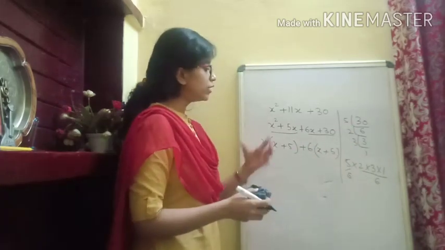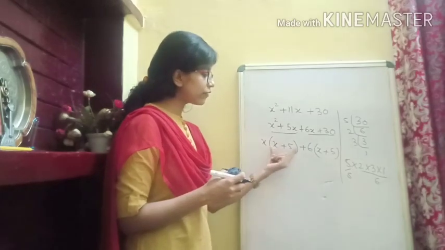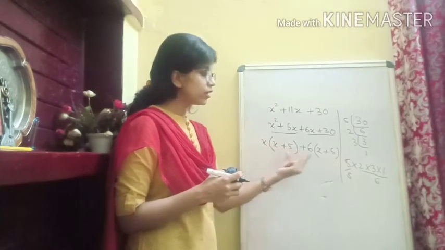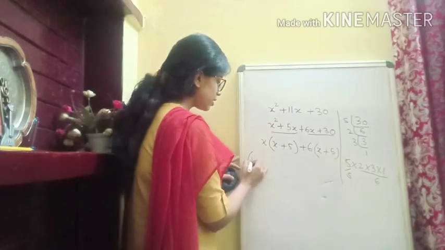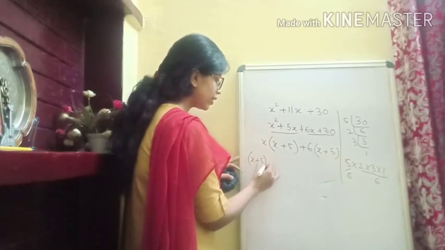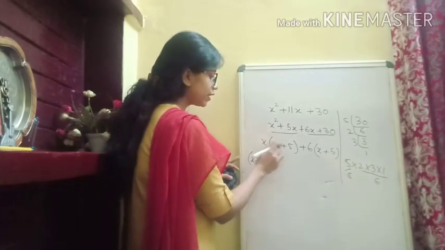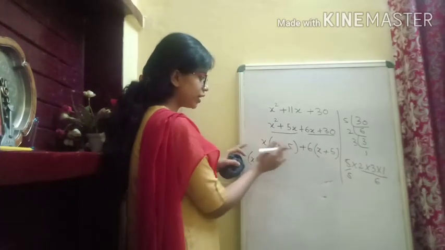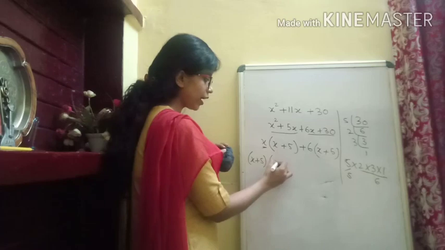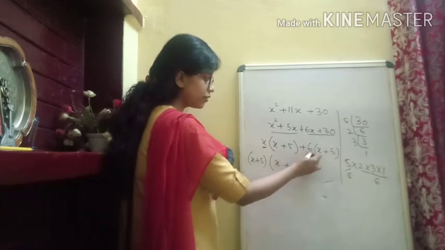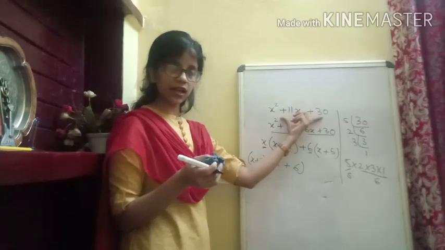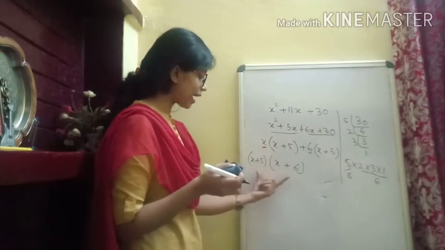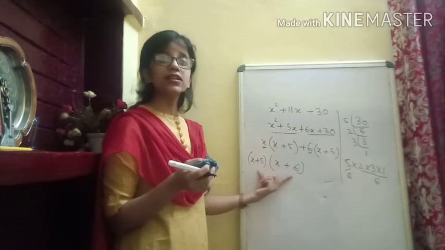Okay. Now next step, what is again common? Here we have, in the first term, x plus 5. In the second term again we have x plus 5. So we will take x plus 5 common. Okay. And then if we have taken this bracket as common, what are we left with? First term we are having x, and then second term we have this 6. And that's how we have factorized our trinomial as x plus 5 and x plus 6.